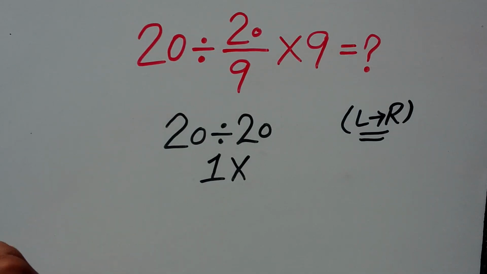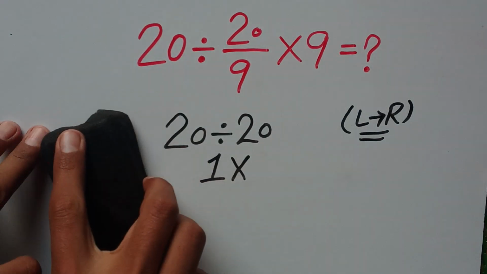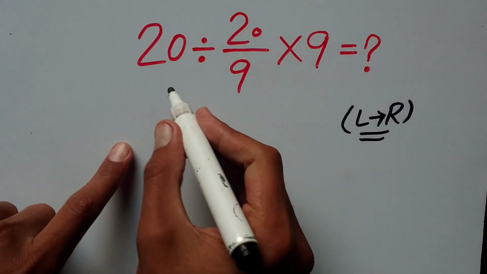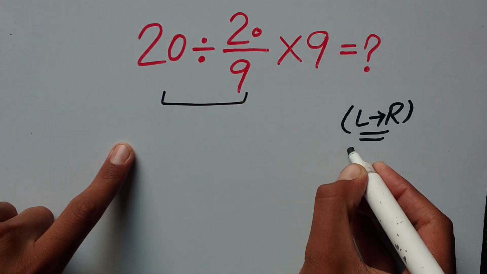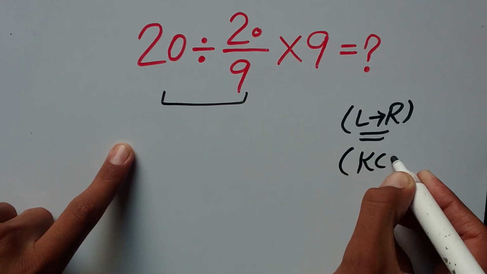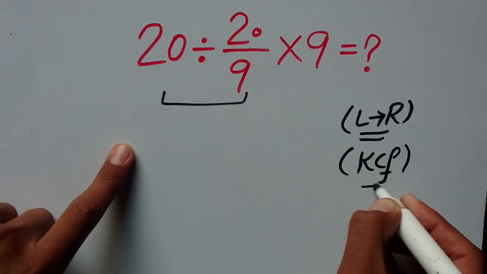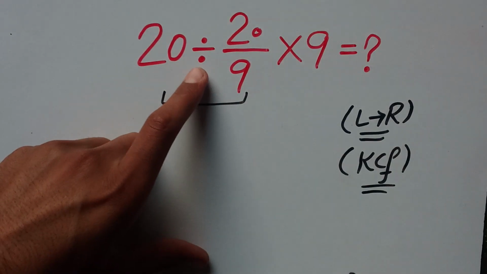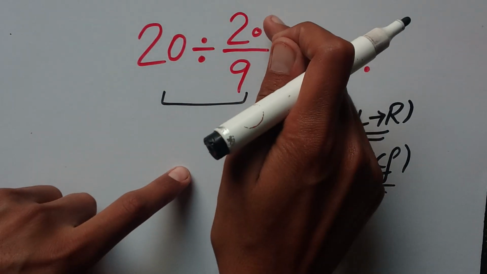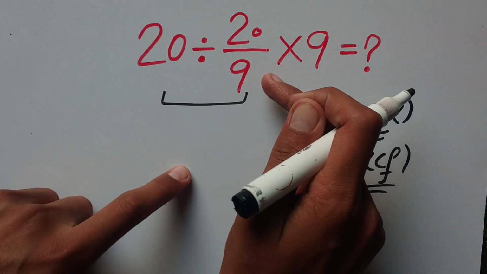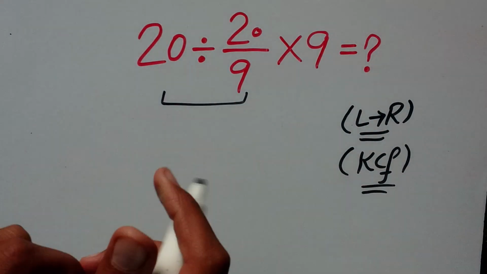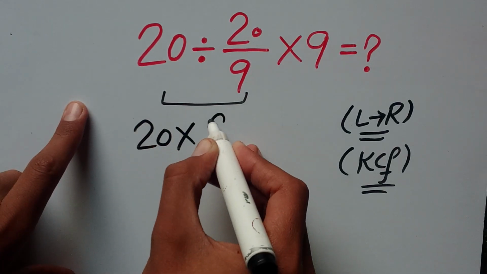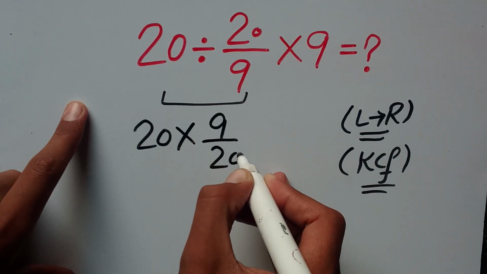Now student, first we solve this division, so I can remove the wrong method. To solve this part, we follow the KCF rule. KCF stands for keep, change, flip. According to the KCF rule, whenever we change division to multiplication, the numerator changes to the denominator and the denominator changes to the numerator, and we can write the given question as 20 times 9 divided by 20 multiplied by